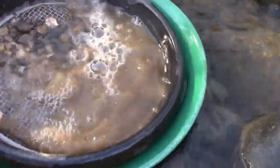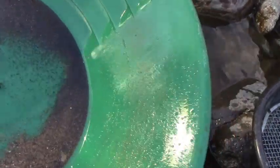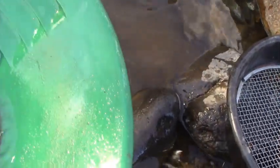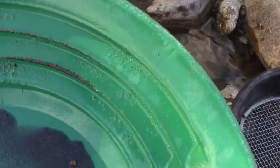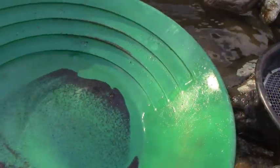Water here, so I'll be kind of doing this with them, working these rocks off, and take a look through them. If there's anything bigger or anything that will pop up in there. Okay, this isn't working real good. So I don't even see any fine in it. It's kind of hard to look in the camera. There might be a tiny speck or two in there, but